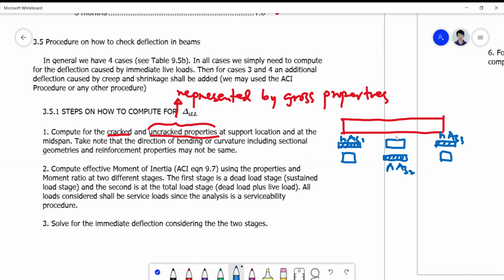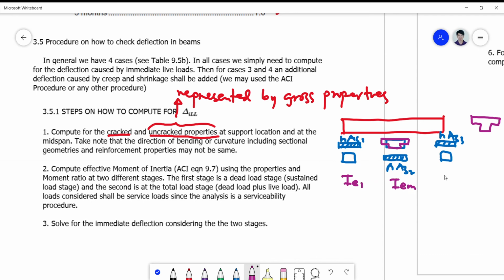Of course, the width of the beam all throughout the section may be different. It may be the same, but for T-beams, it will be again different. Now, if this is a T-beam, then you have a T-beam here, but here you have a rectangular beam. Okay, so if this is a T-beam here, so this must be also a T-beam here. Okay, but here you have a rectangular beam. So you have to compute for your I here, IE1,